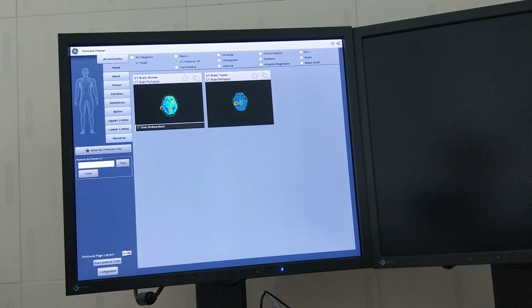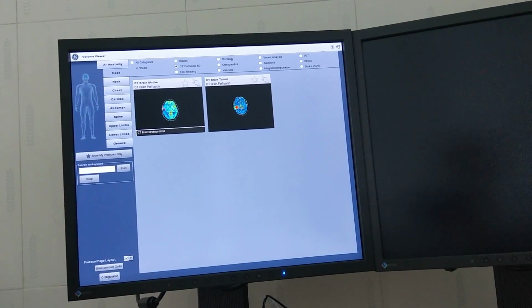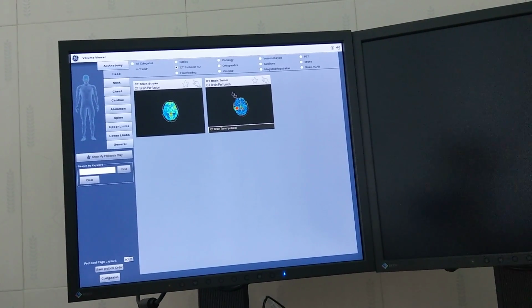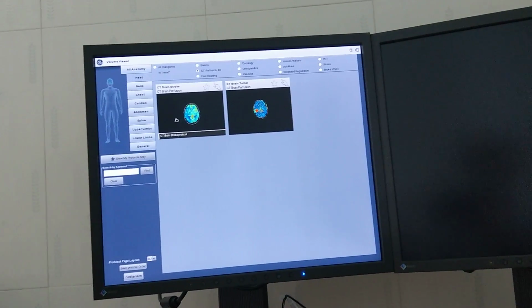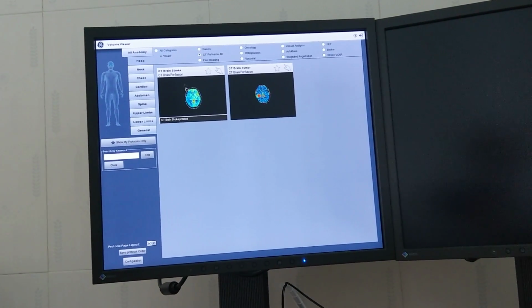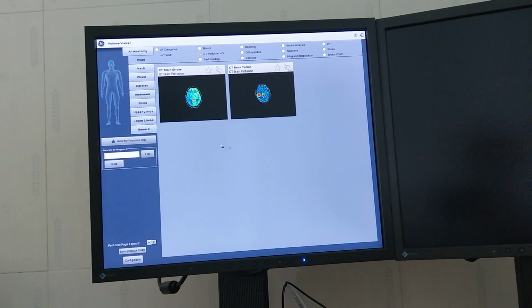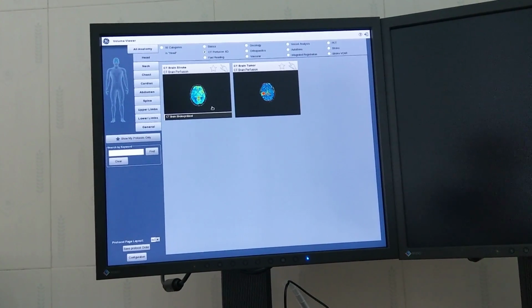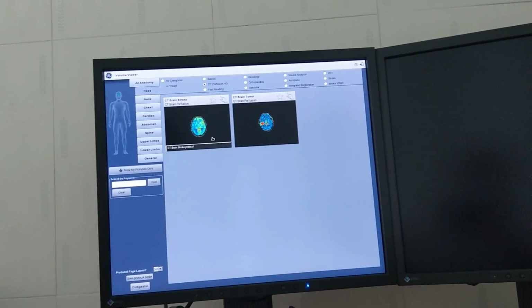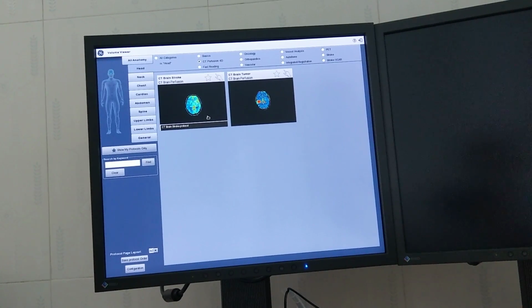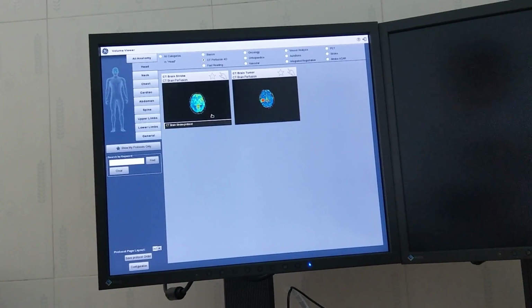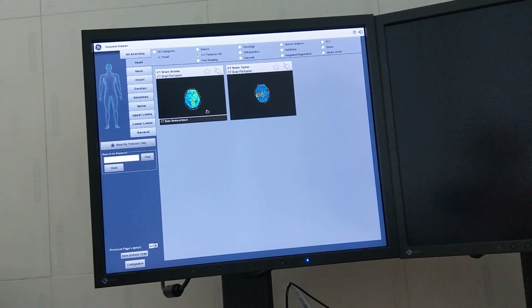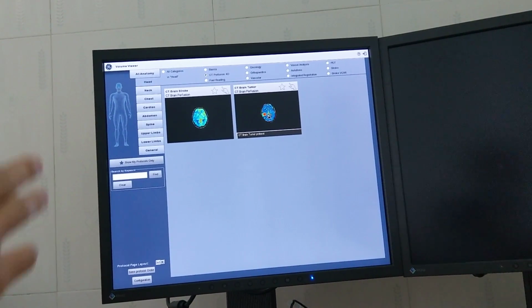So you have two kinds of perfusion. One is for stroke, the other one is for brain tumor. There are differences between stroke and tumor. The difference is the calculation of the algorithm, the input, the arterial input function. The artery phase is different. Why? Because